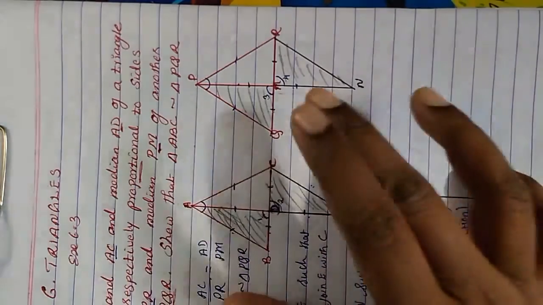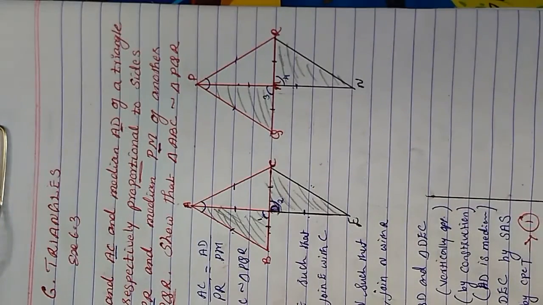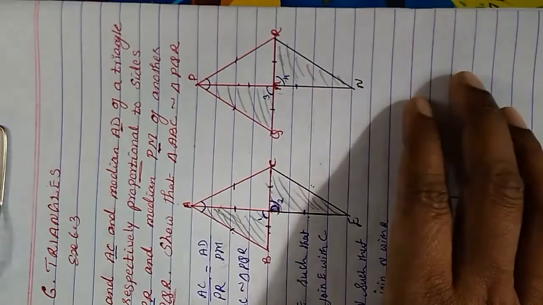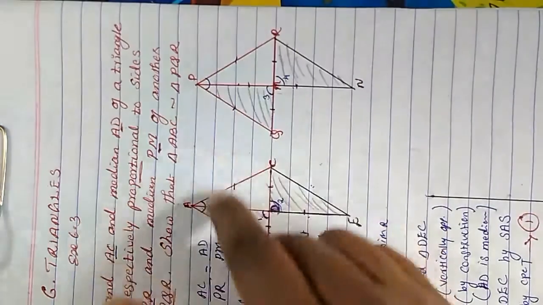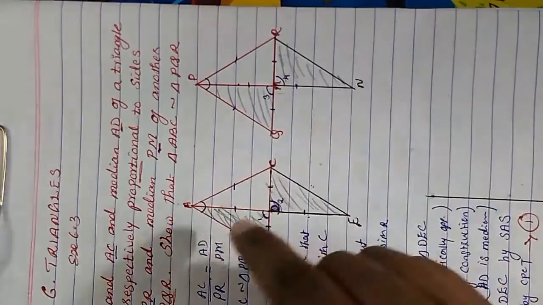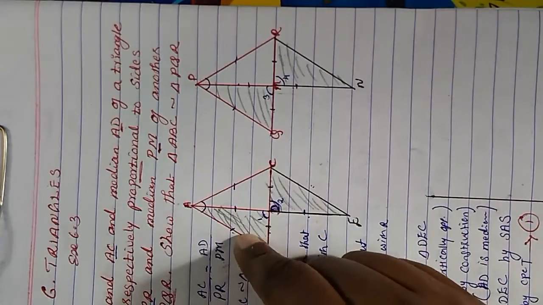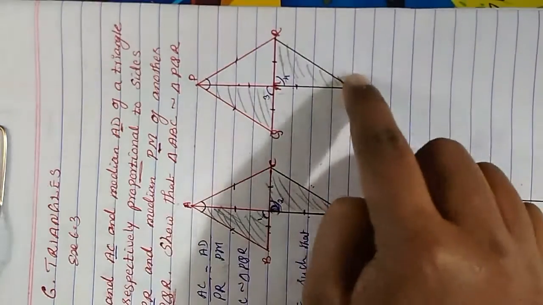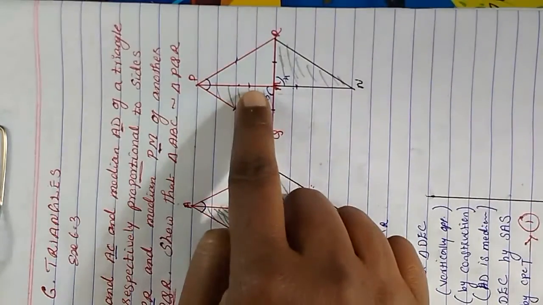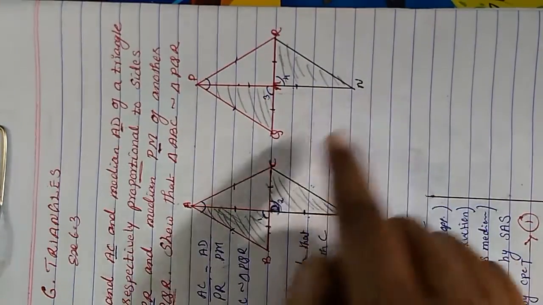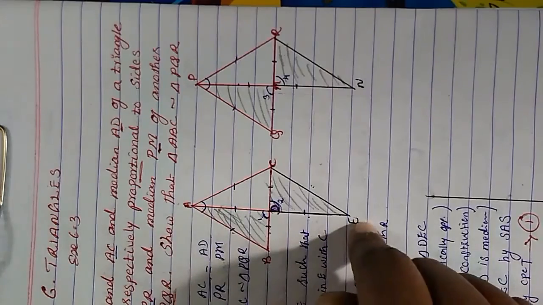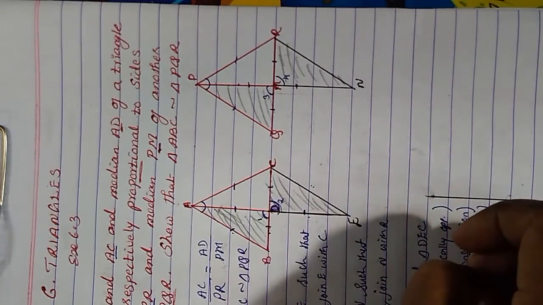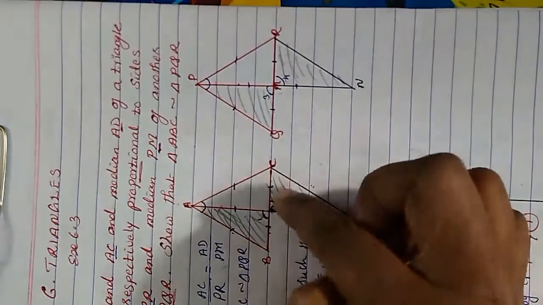And therefore we can prove both the triangles are similar. Okay, I hope this first part is clear to you. These two sides are given to us, and this side we are taking from the equation we have prepared. So these two sides are equal, and if we make this median twice, we get this side. So by the side criteria, both the triangles will become congruent.